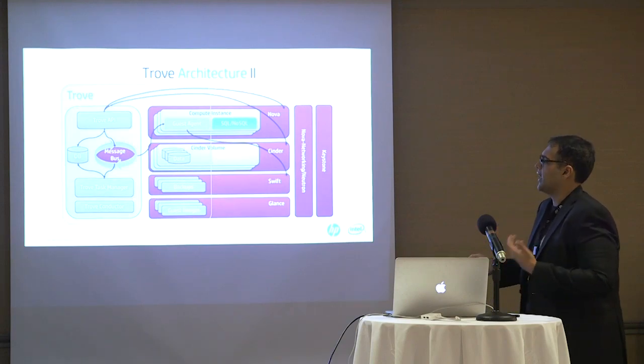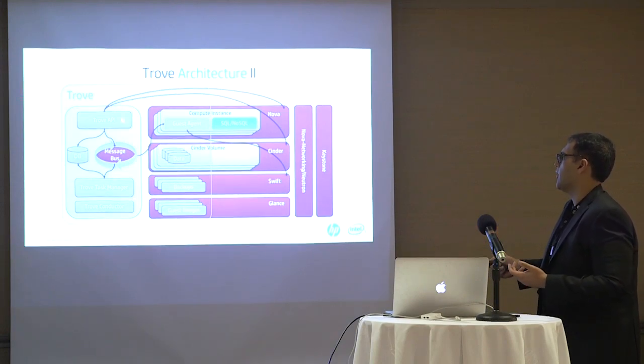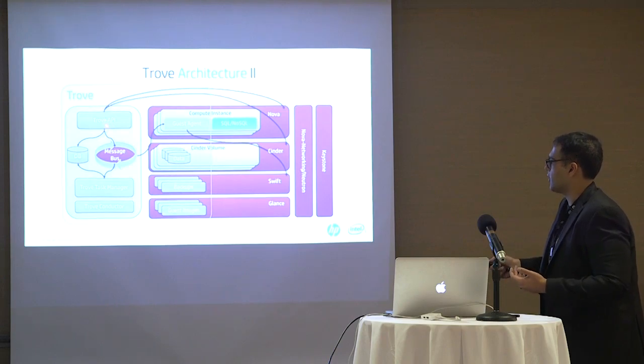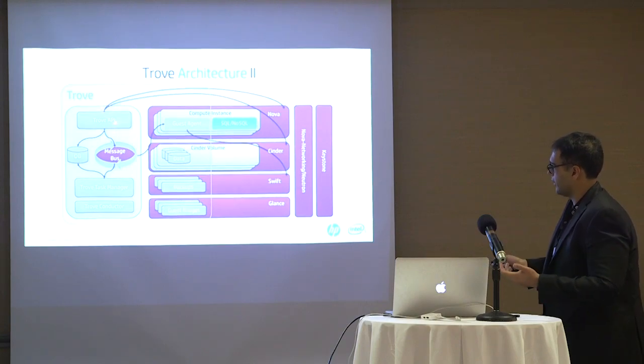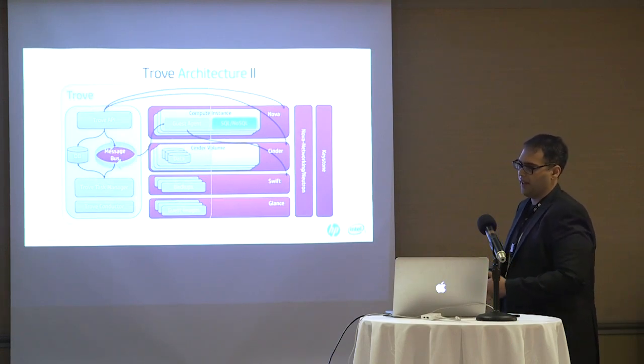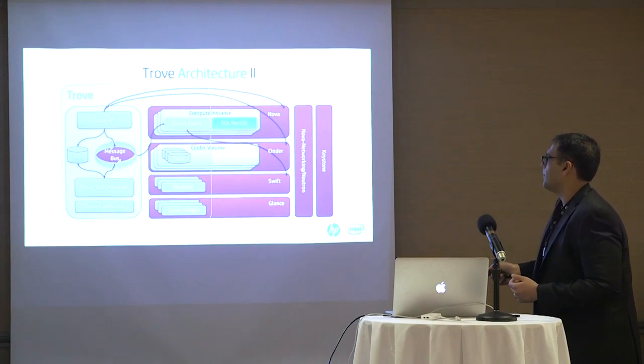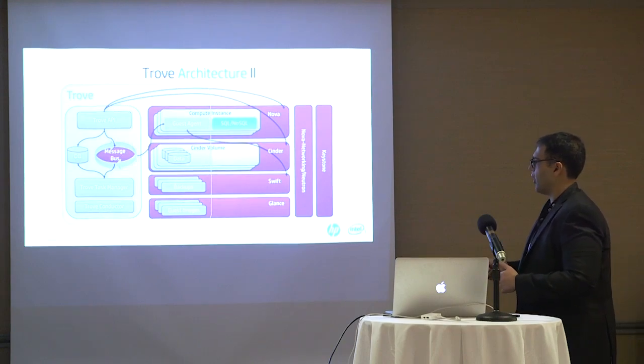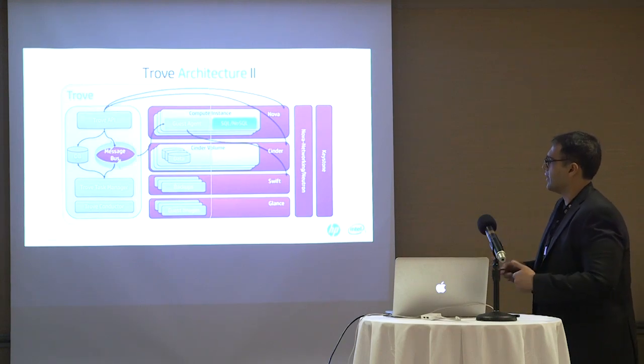Let's take an example of creating an instance. Trove API receives the create instance call. It checks the database, makes sure you have quota to do it, checks to make sure your token is valid, and then talks to the message bus and drops in the message for the task manager to actually do the heavy lifting and orchestrate the creation of the instance. And then it sends a response back saying, okay, I accepted your request, but it's an async task.